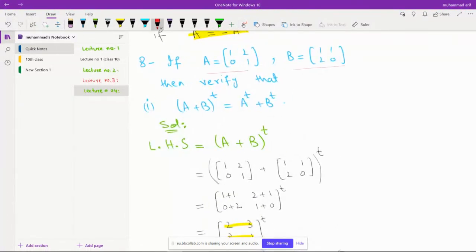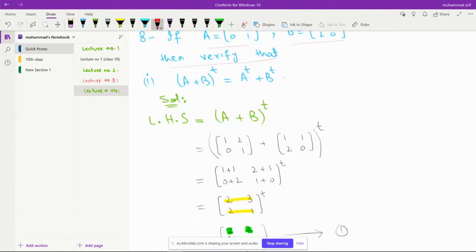Question number 8 is, if matrix A and matrix B, then verify that. We are to verify A plus B